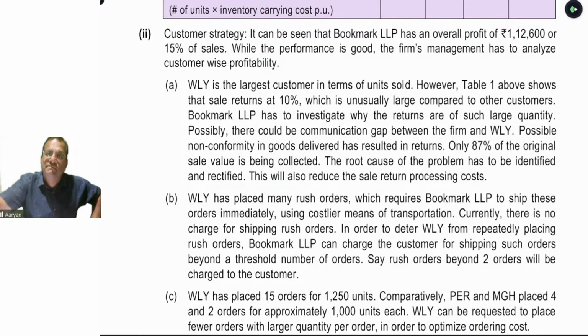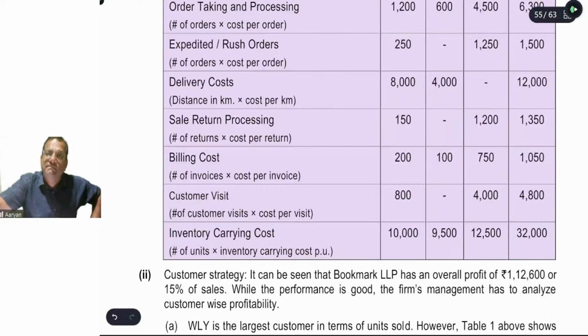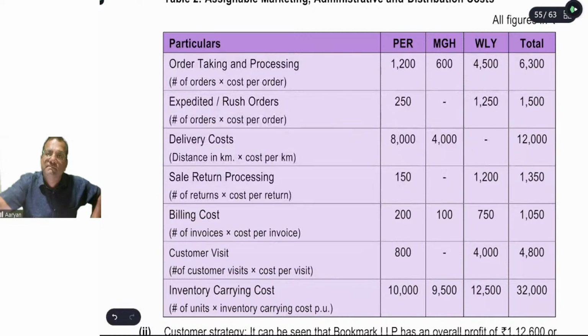sales return. Second point, जब आप देखेंगे तो इस कस्टमर ने रश ऑर्डर बहुत ज्यादा प्लेस किया है ना. इन दोनों का अगर हम मिला भी ले, ये दोनों का मिला के रश ऑर्डर का खर्चा 250 है. व्हाट डू यू मीन बाय रश ऑर्डर? Suppose the delivery time is 3 to 5 days. Rush order means customer is requesting us to deliver the order within a day, while the normal delivery period is 3 to 5 days. तो हमें कोई एक एक्सपेंसिव ट्रांसपोर्टेशन मैकेनिज्म यूज करके कस्टमर को टाइमली डिस्पैच कराना होता है, तो डेफिनेटली हमारी कॉस्ट आती है.